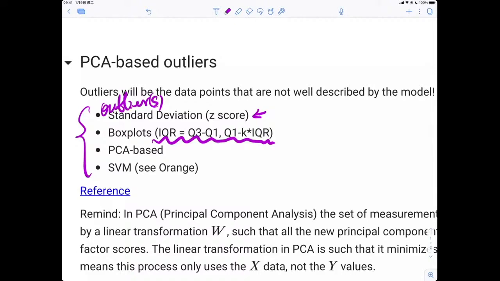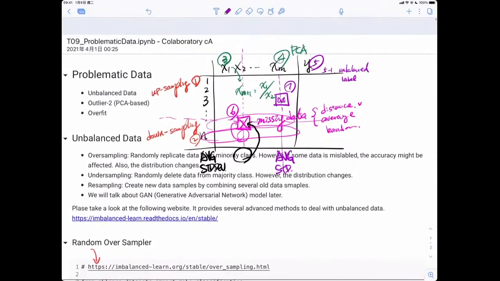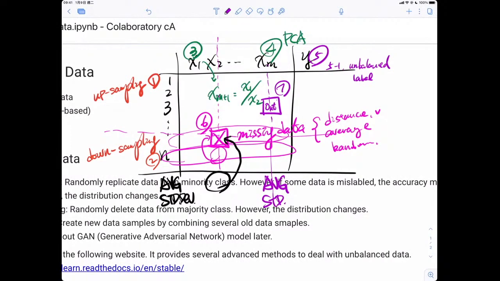Of course, there are several other ways. If you take a look at this data table, again, there are several different problems you should consider. Take a look at this slide, there are some examples. You can simply read them. And if you want to use, for example, sampling, to remove the outliers, to fill in the missing data, you can use some packages, which is quite convenient.